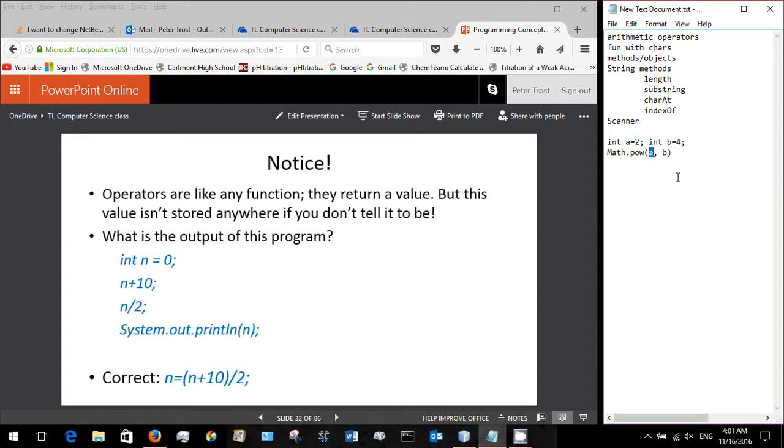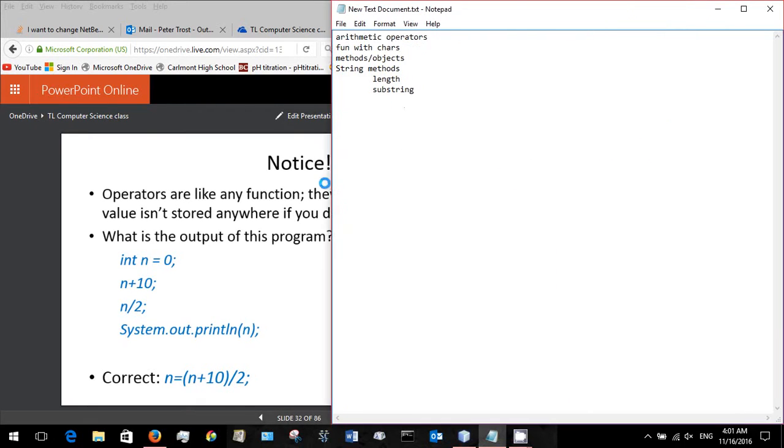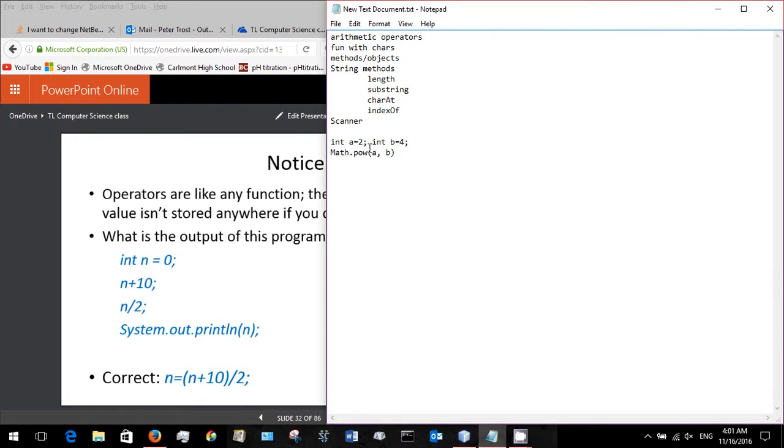One thing you don't do, this is very important because I'm spending a lot of time, one thing you do not do is declare things again. Okay, I know I had this somewhere on the slides, and that was not incorrect. That was to show you that Math.pow is a function that takes two integers, right? So when you look at things in the Java API, right, the link that had all the classes and all the information there, it'll tell you very generally what kind of things it takes. So you're not literally going to write in a and b. It's like int a could be 2, so you'd say